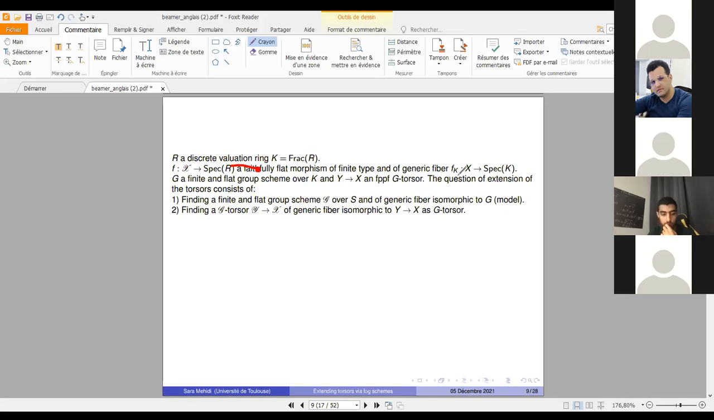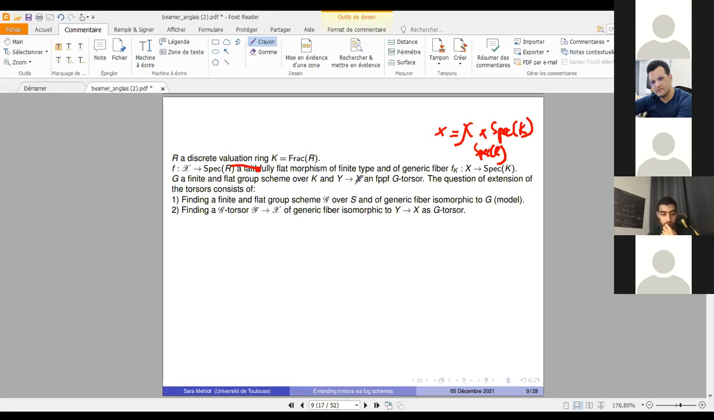And with generic fiber given by this. Here, by generic fiber, I mean that X is equal to this X when restricted to the generic fiber, which is Spec K. So we change the base here. I take G to be a finite flat group scheme over K, and I consider an fppf G-torsor Y